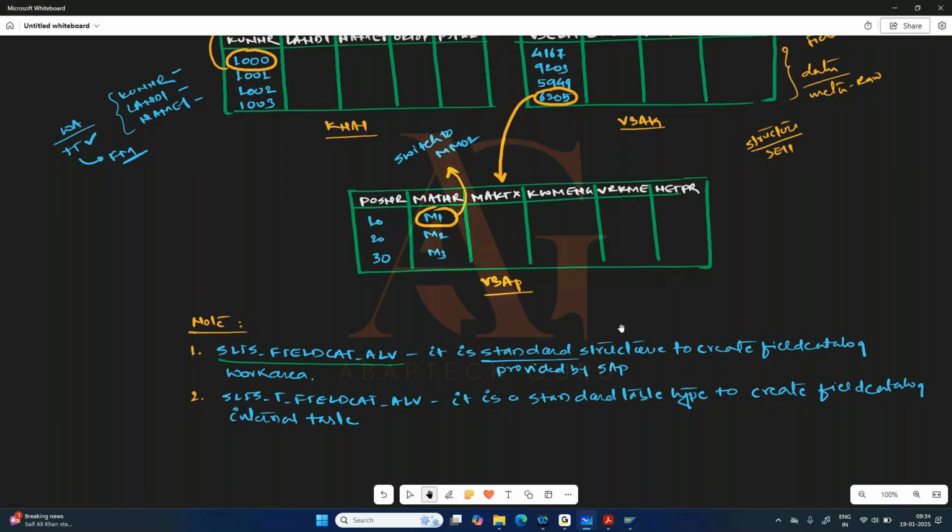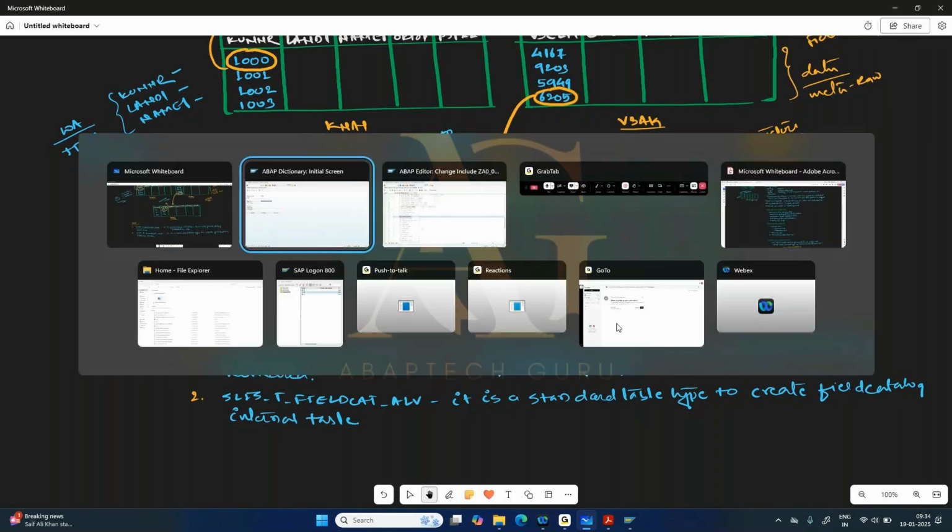So you need to maintain the heading, subheading one by one into the work area. Then you need to collect it into the internal table. For that, again, SAP has provided a different structure. Even after that, can you see here